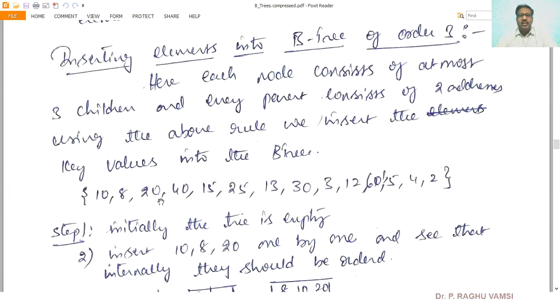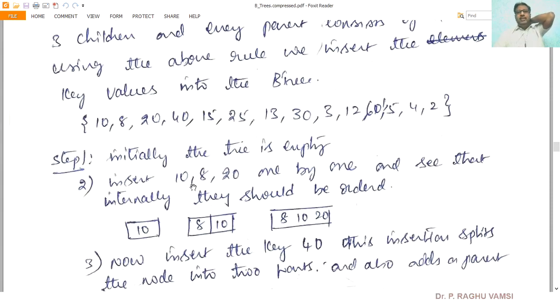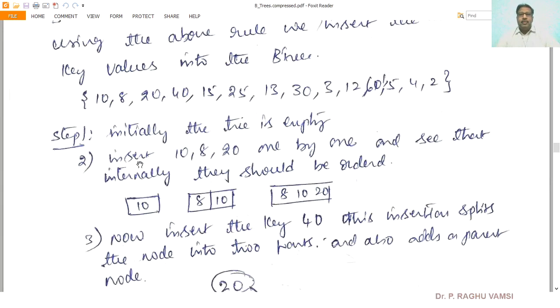We have taken 3 elements at a time, the reason is the B tree is of order 3. Insert 10, 8, 20 one by one and see that internally they should be ordered, in the sense they should be in sorted order.